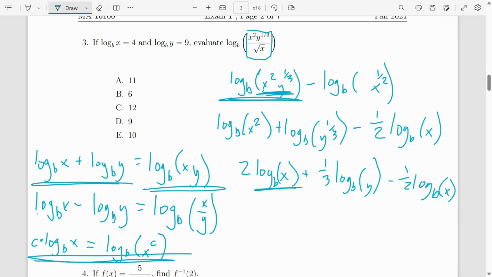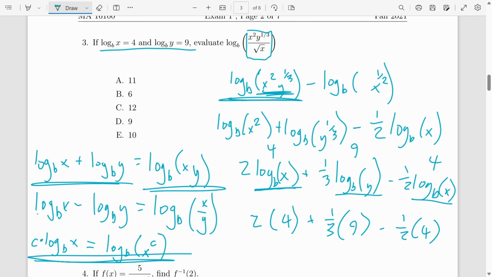We have a log base b of x, we have a log base b of y, and another log base b of x. And we'll see on the top left, we've got definitions for those. Log base b of x equals 4, and log base b of y equals 9. So we can go ahead and substitute all of them, and we'll just be left with a bunch of numbers that are being multiplied and added. So this becomes 2 times 4 plus 1/3 times 9 minus 1/2 times 4. Putting this all together, we get 8 plus 3 minus 2, which equals